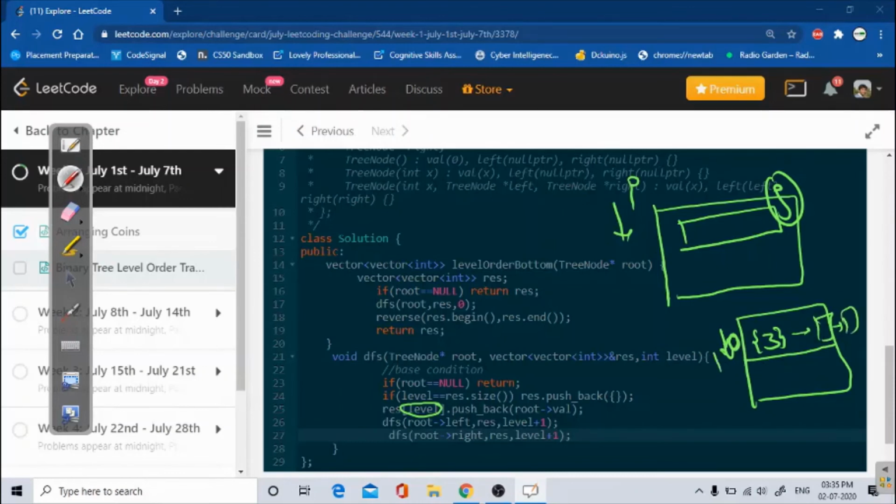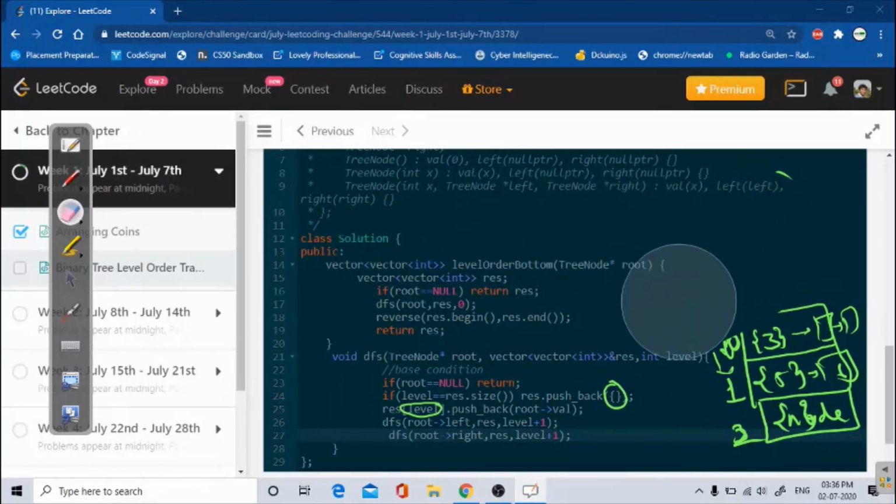Whenever I come to the next level, level 1, I again initialize one empty vector, and all the level 1 nodes will be inserted in it. Let's suppose 5, 6. In the same way, whenever I come to the next level I will insert one empty vector, and after that I will start inserting nodes.